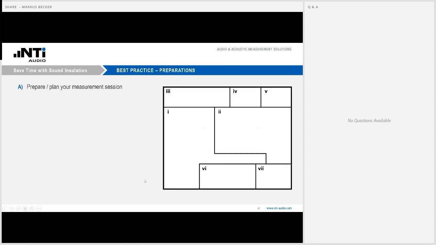To better understand that, I have drawn here a kind of fantasy layout of a building with several rooms. So if you get the task to determine the sound insulation, the first question that needs to be answered is which partitions need to be measured, because it could be that some rooms, some partitions, are not of interest. So identify the ones that you really need to analyze.